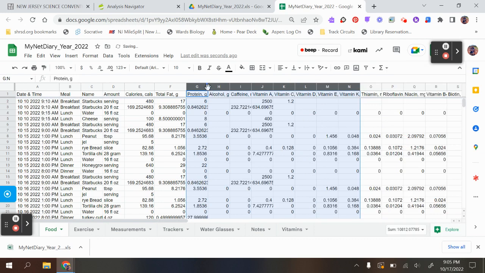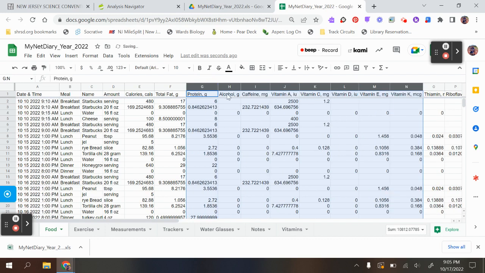And now I have protein in grams. Again, I'm going to double click between G and H so I can open that screen up. And at this point, I think we have everything we need. We have the total calories for that given food or drink, the fat in grams, the protein in grams, and